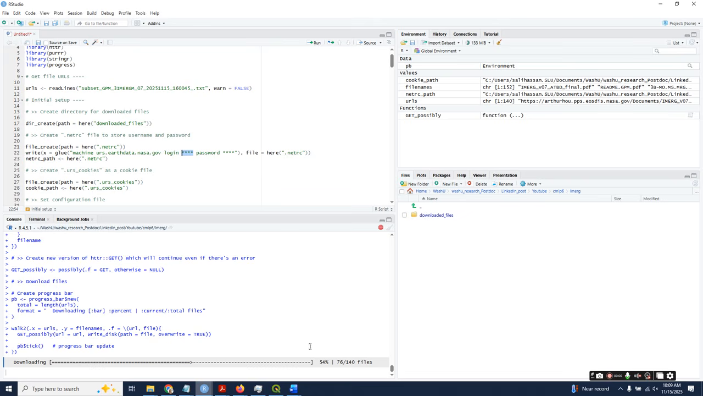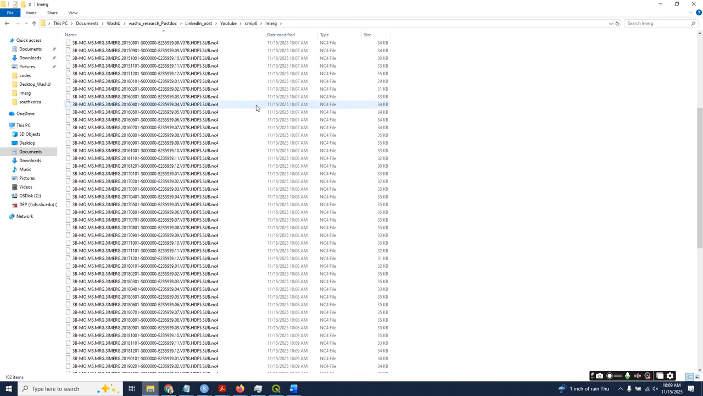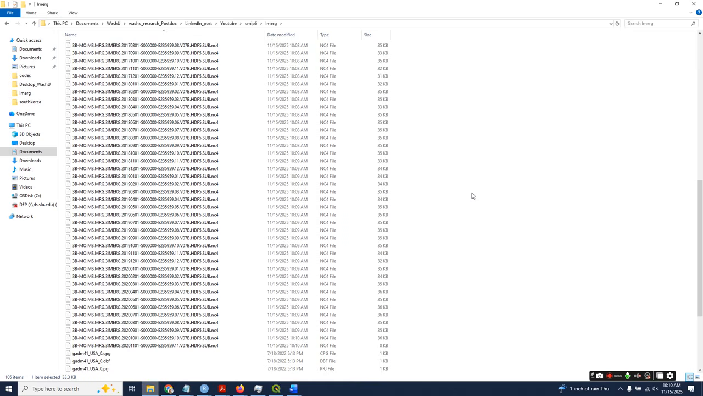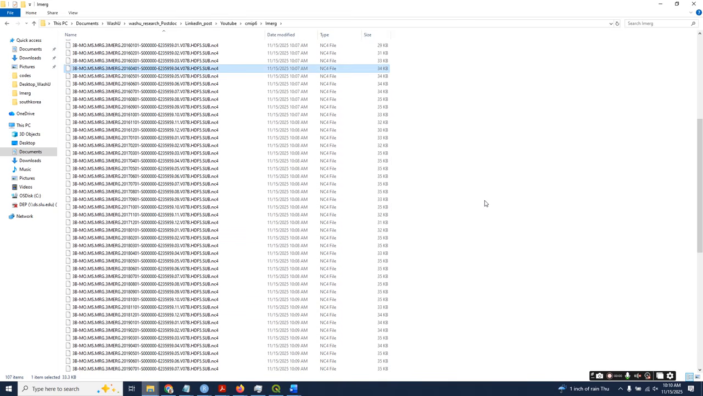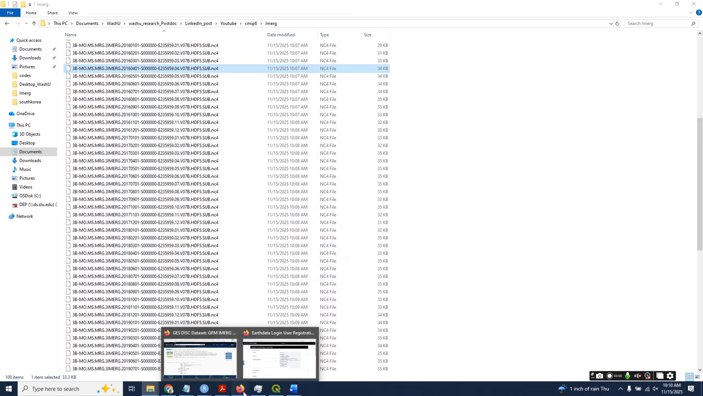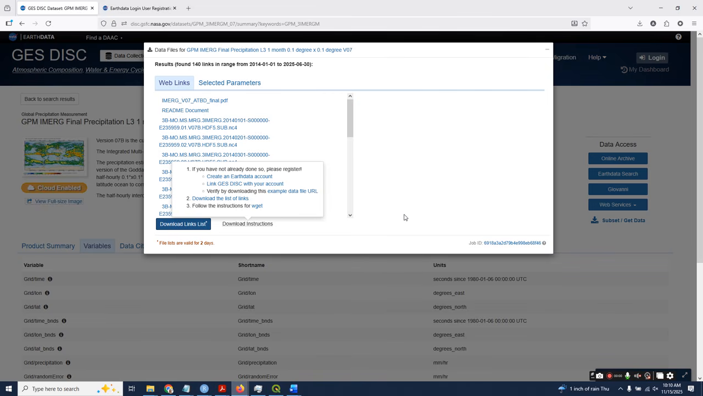So you notice that over 76 files have been downloaded out of 140 files, and it also depends on your internet speed. The file is not too large. I can show you, it's only 33 KB every file. Maybe some are 35, 36, but it is not in MB. And it also depends on your study area. For example,